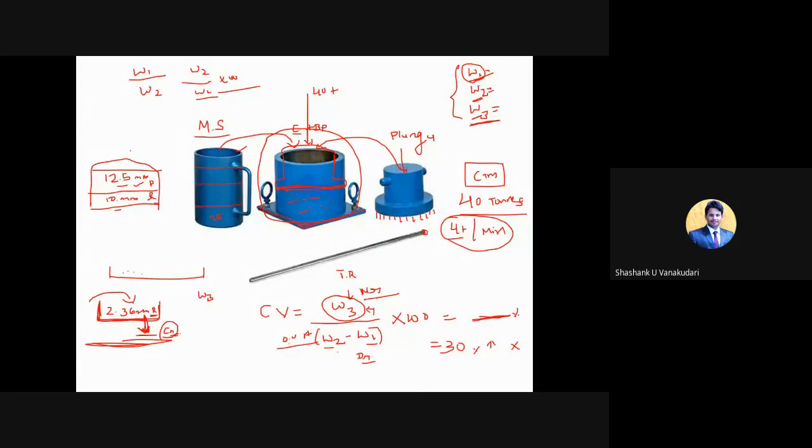Clear? Understood this procedure? If anybody is having a doubt, you can raise your hand or else you can ask questions. Everybody understood? Or shall I repeat? Can I repeat once again? At least say yes or no so that I can move ahead. Is this procedure understood? Yes, sir. Yes. Thank you. Okay. Others? If you are having doubts, you can raise your hand.